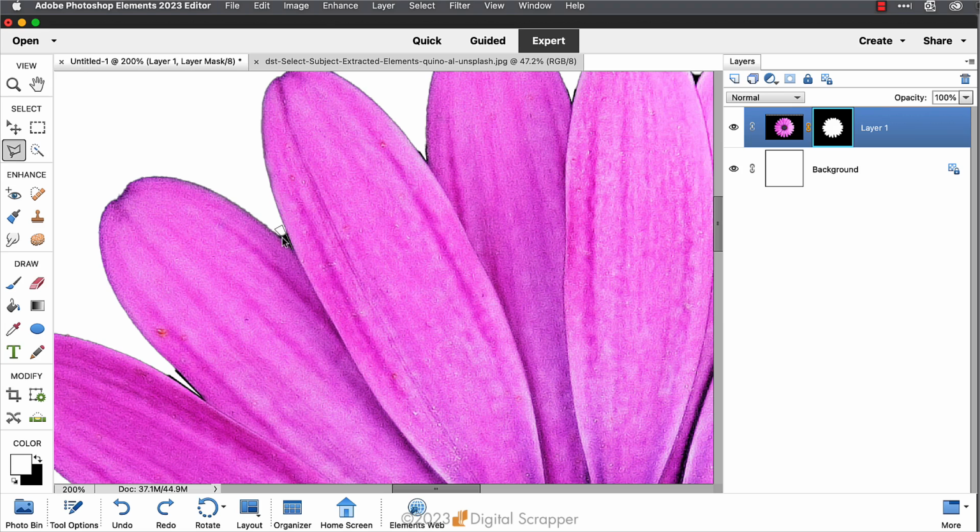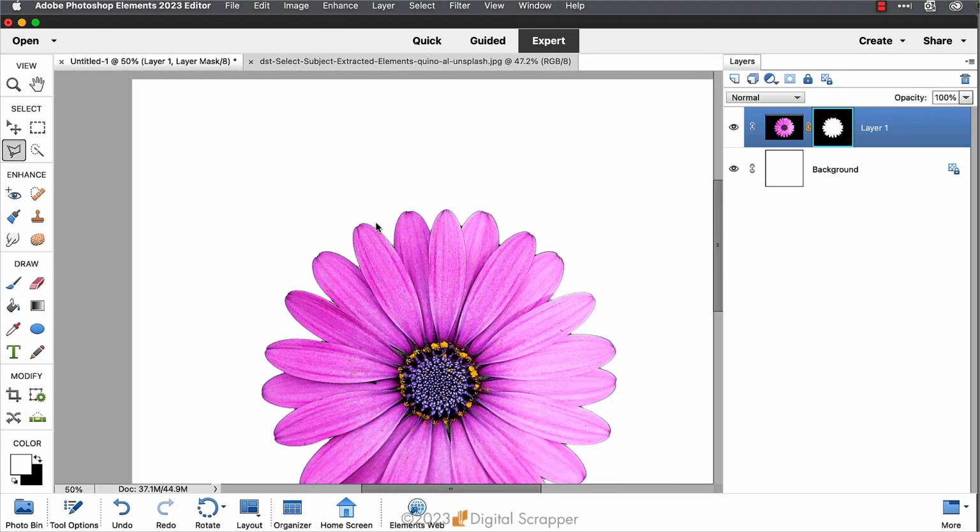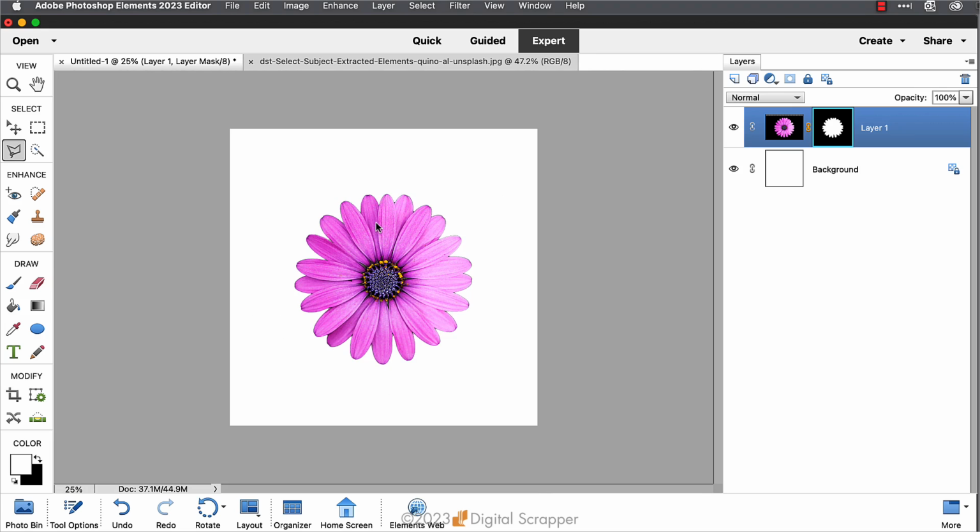Click to create the segments, and then I'll click to close the selection. Then I'll press Control Backspace in Windows or Command Delete on a Mac to fill this selection with white, and then I'll press Control D in Windows or Command D on a Mac to deselect. Then I can press Control minus in Windows or Command minus on a Mac multiple times to bring my window